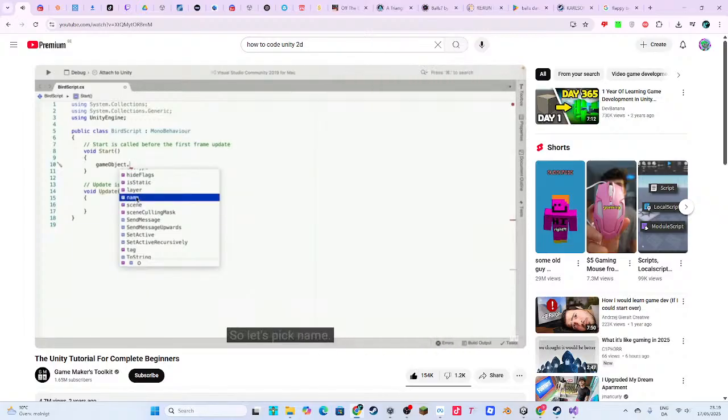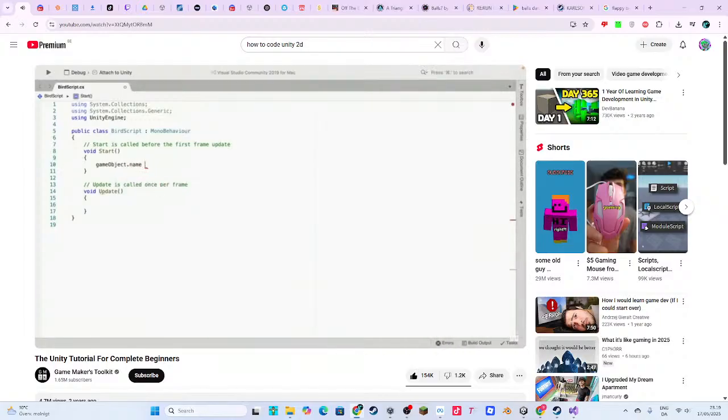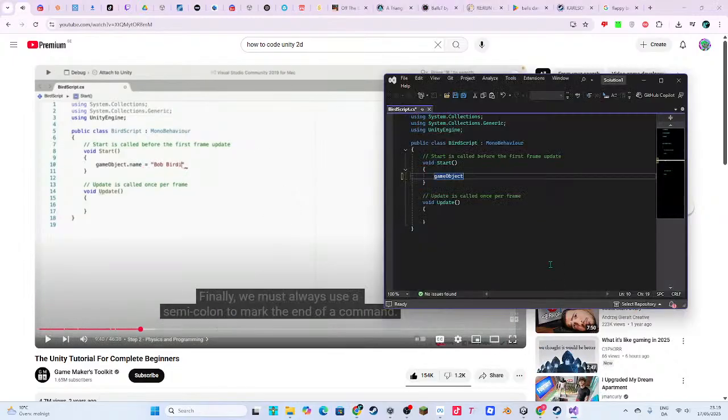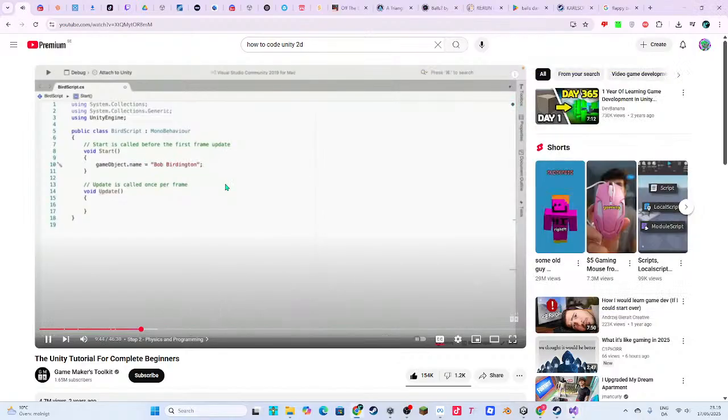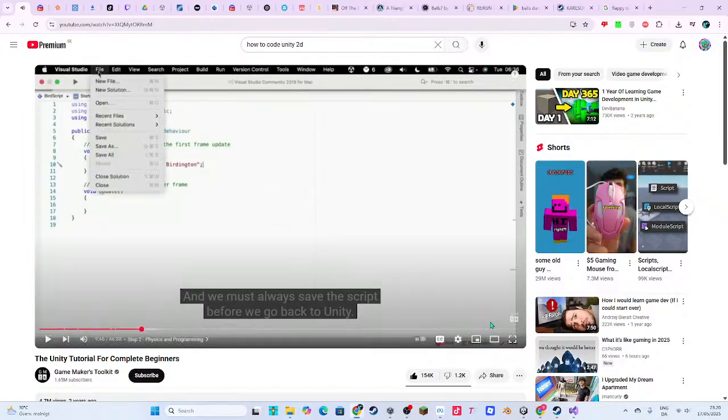So let's pick name, then write an equal sign, and in quotes, give our bird a name. Finally, we must always use a semicolon to mark the end of a command. And we must always save the